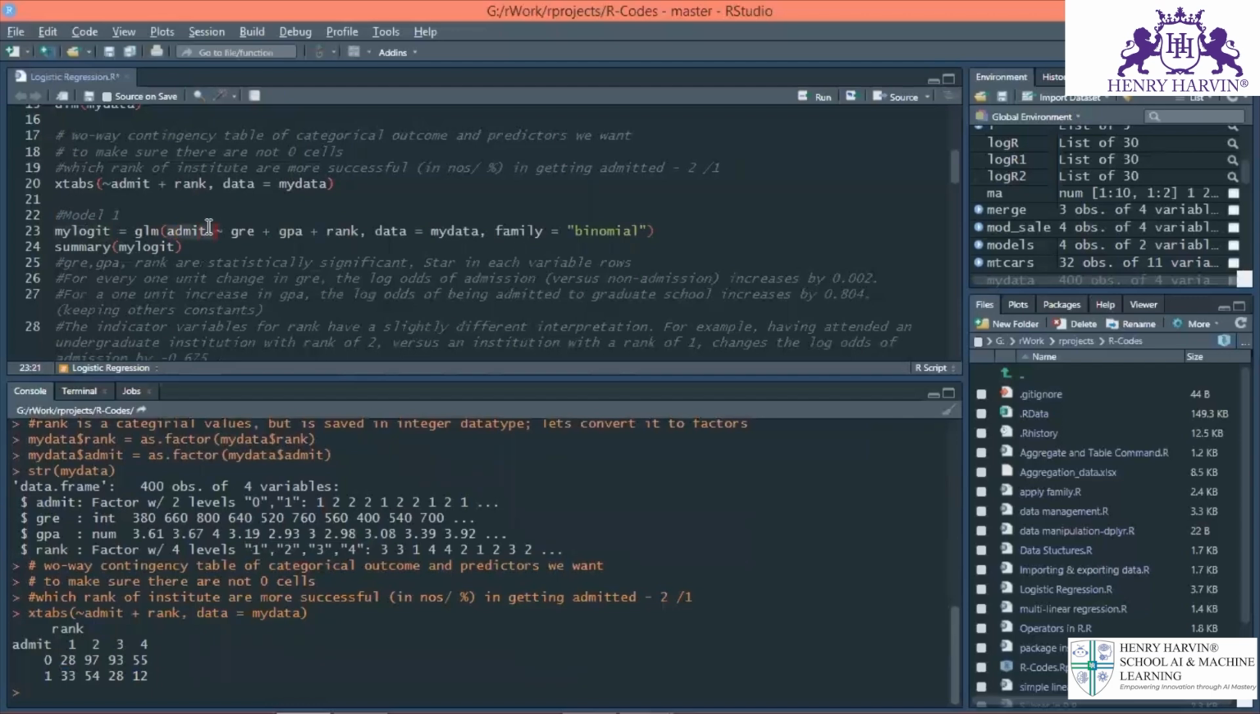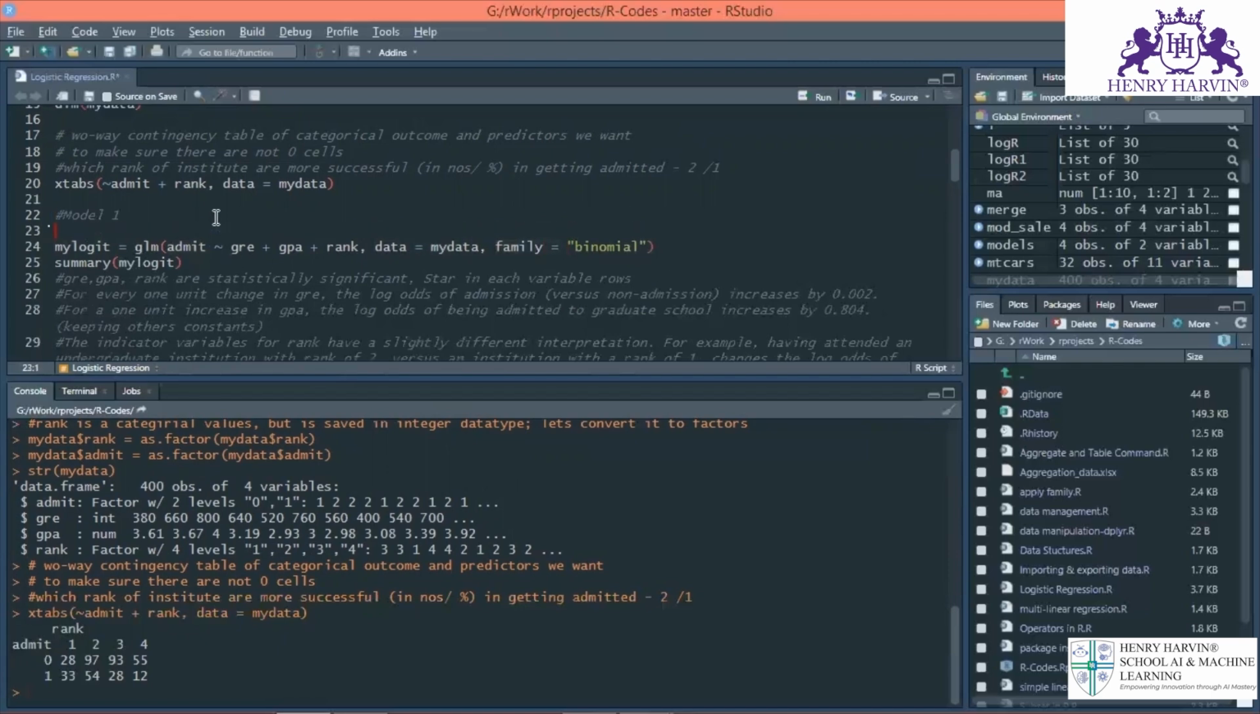Inside the bracket, I am first giving the dependent variable. We want to understand whether the student got admitted or not to the college. So the dependent variable is admit here, and these are the independent factors on which we will get the output: GRE, GPA, and rank. Now data is my data, and family. So you can check the glm